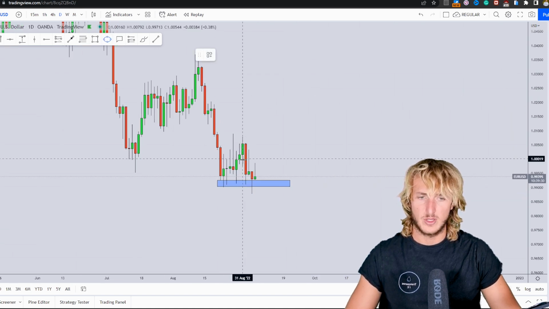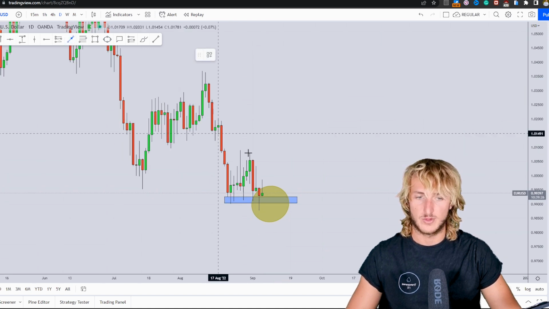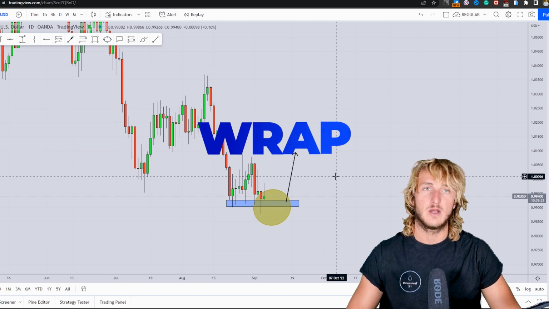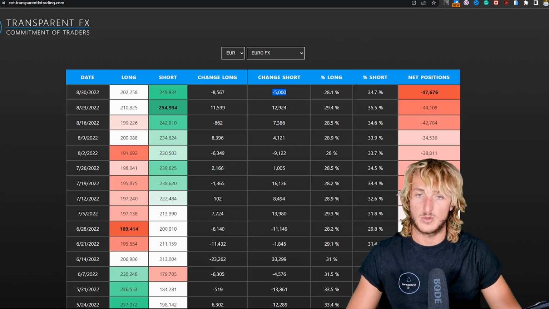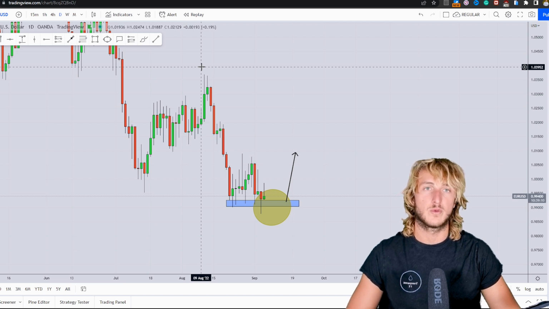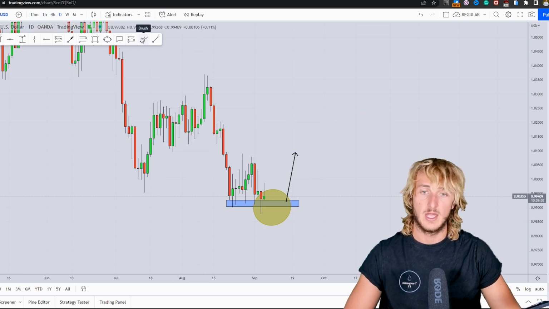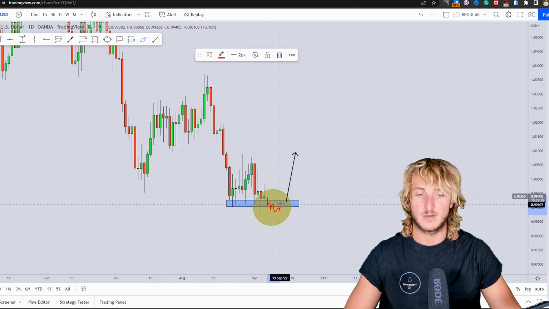So if everything here will start to shift back to the bullish side, we could be looking for this potential move to the upside and completion of the pattern at the neckline. Now, as usual, trading is reactive and not predictive. The monthly, weekly, and daily combined with the COT data, those are the best time frames from a directional perspective. However, when it comes to confirmations and entries, the best time frames are the intraday time frames, so 4 hour and lower. Therefore, what we could be doing is monitoring price action from an intraday perspective during this move to the downside,